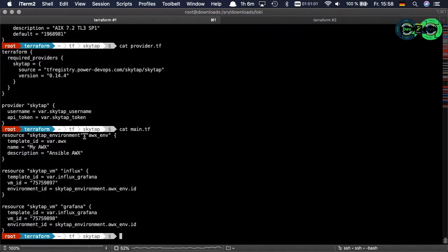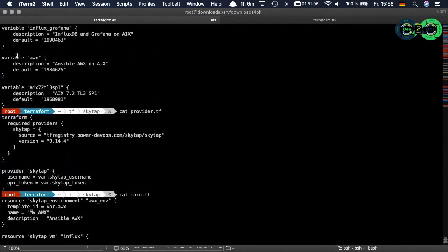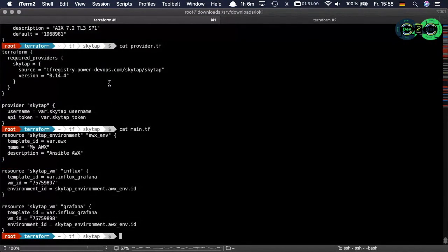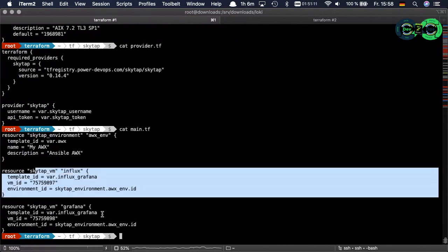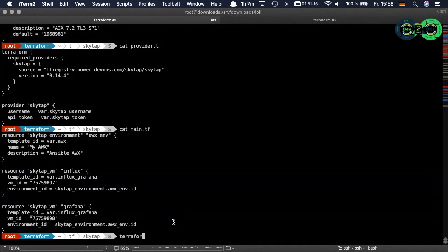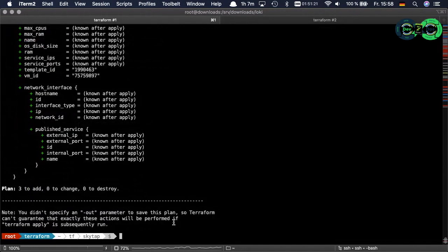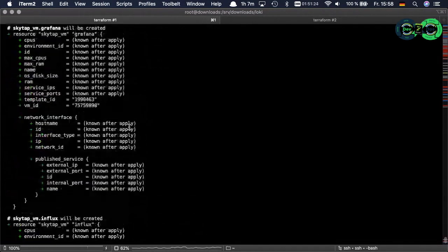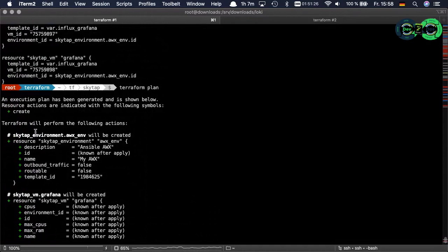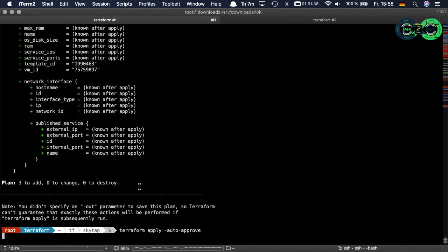So I just create a new Ansible AWX environment using my own image and then add InfluxDB and Grafana into it. Let's try to look. So we start first with terraform plan. It checks all the configuration and it says, okay, we plan to add 3 resources. Terraform apply, auto approve,